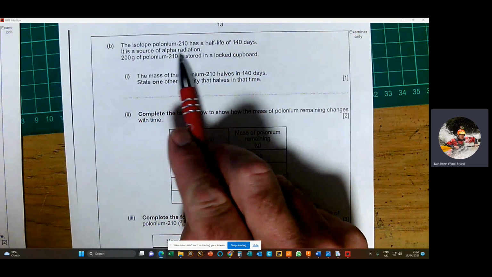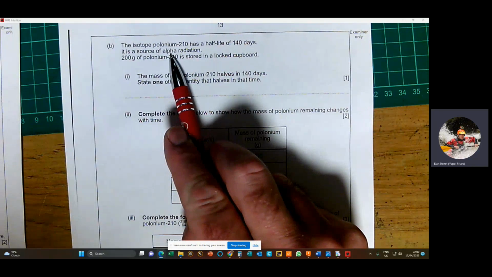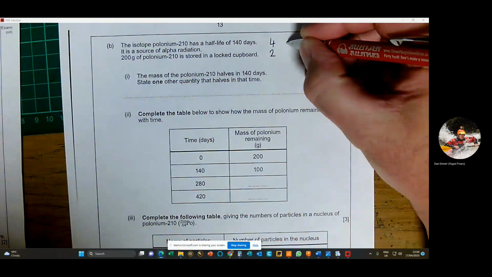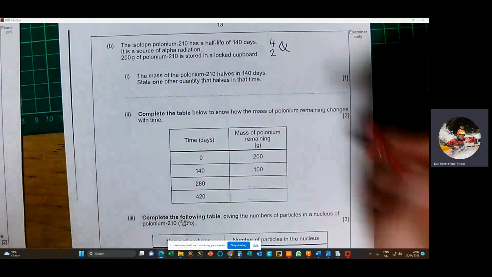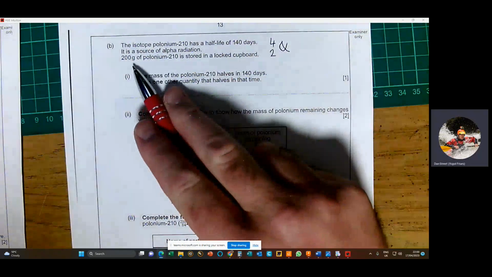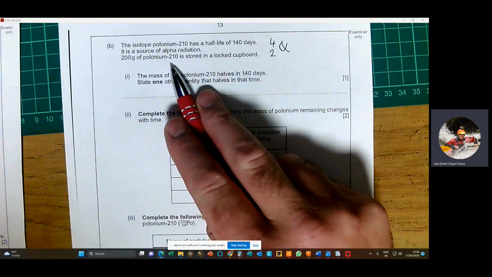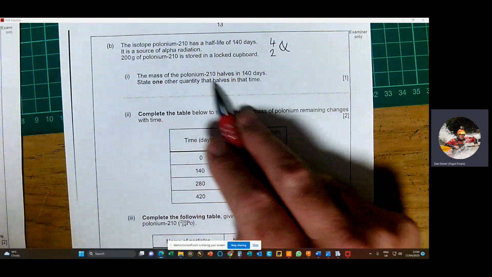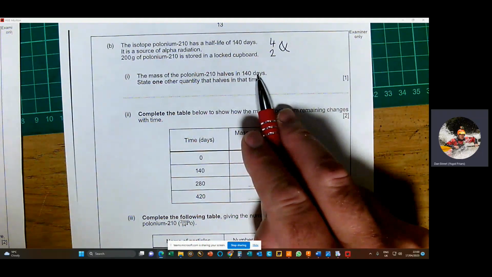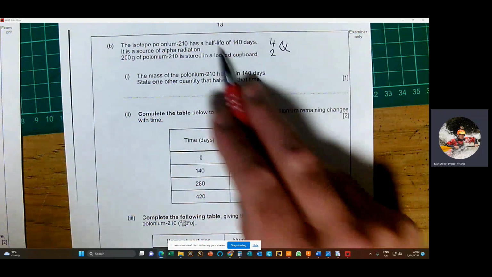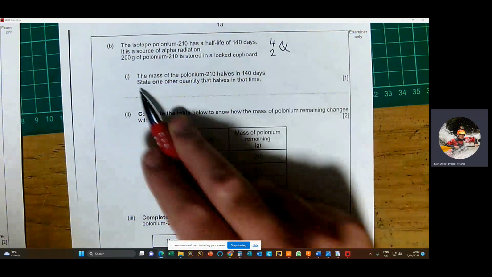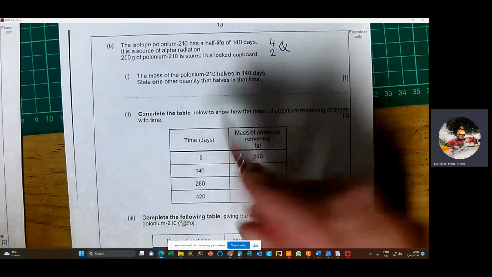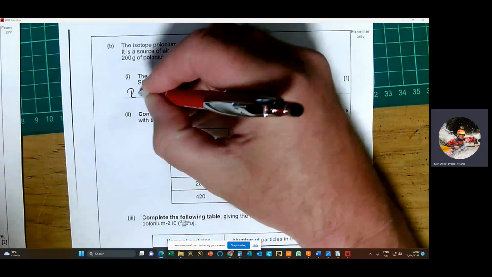It's a source of alpha radiation. Okay, so alpha radiation is where a helium nucleus is given off. That's an alpha particle. It tells us that 200 grams of polonium-210 is stored in a locked cupboard. The mass of the polonium-210 halves in 140 days, which is basically telling you what half-life means. State one other quantity that halves in that time. Okay, so it's the radiation count